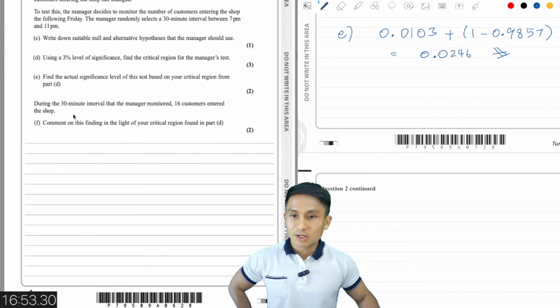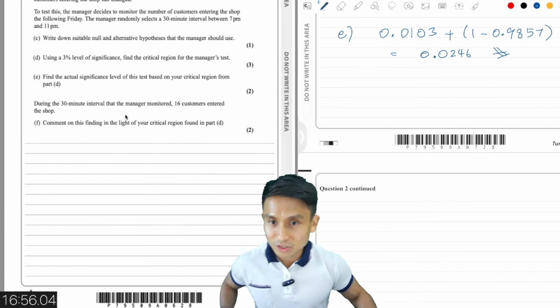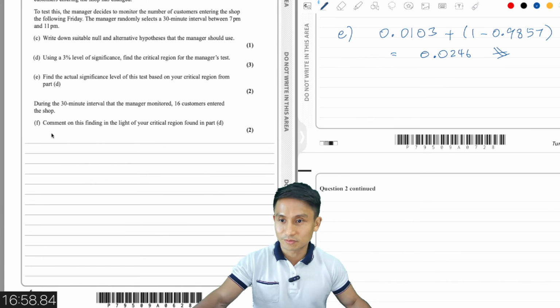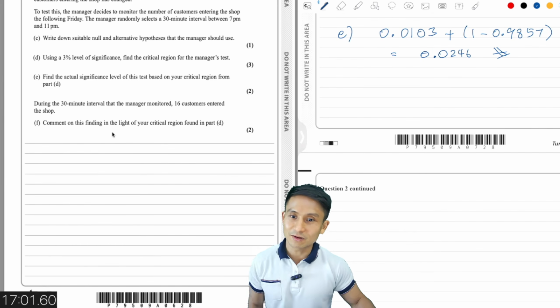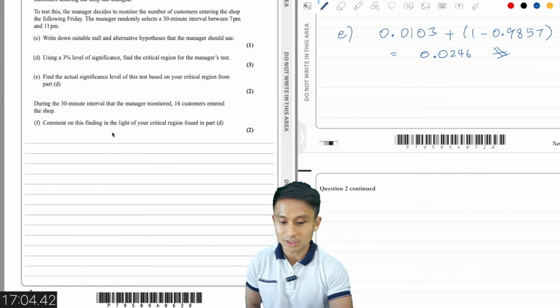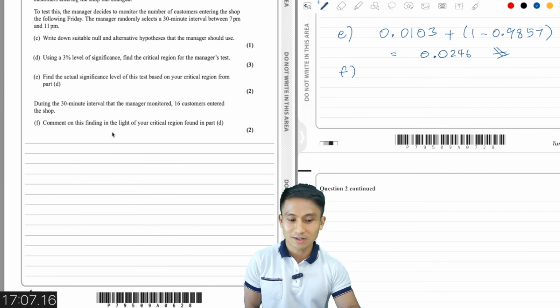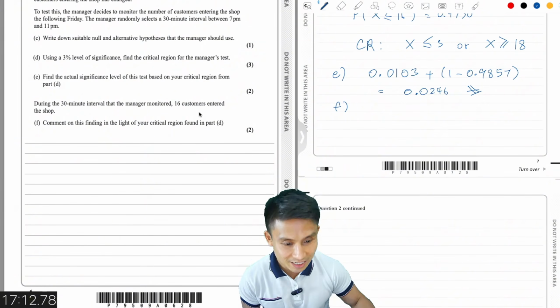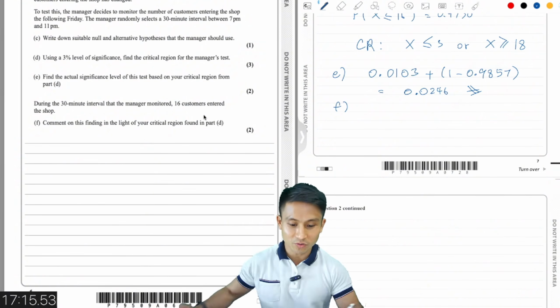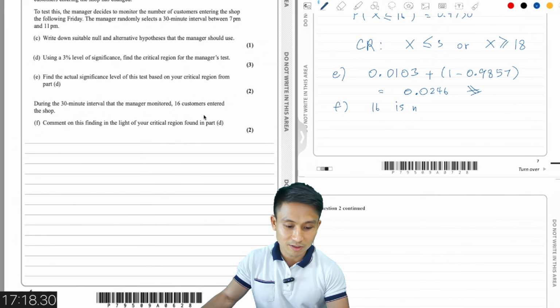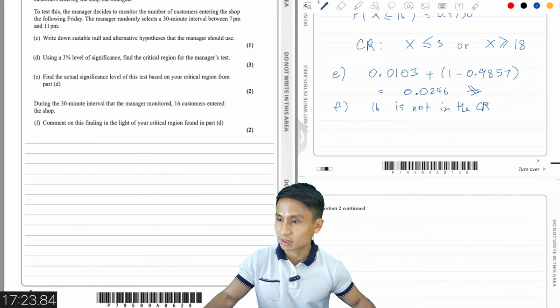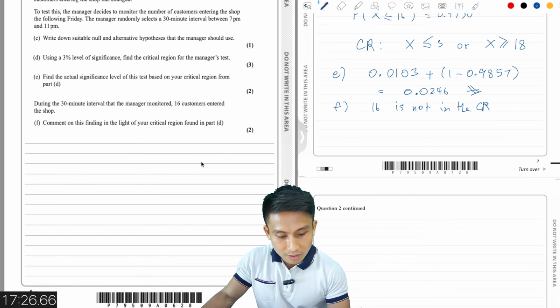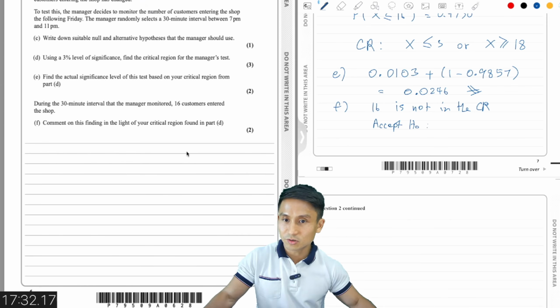Part F, during the 30-minute interval that the manager monitored, 16 customers entered the shop. Comment on this finding in the light of your critical region in part D. Well, okay, so just basically using that to determine whether we reject or accept the null hypothesis. Yeah, 16 customers is not in the critical region. 16 is not in the critical region, CR. So we don't reject, we accept H0, right? So that means